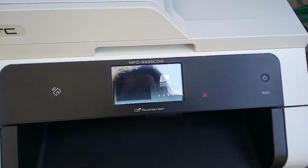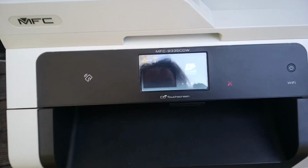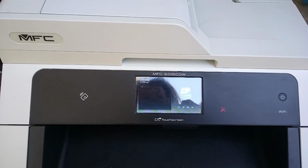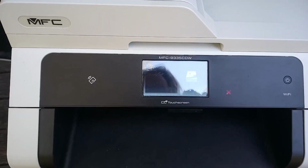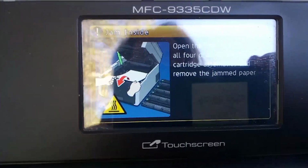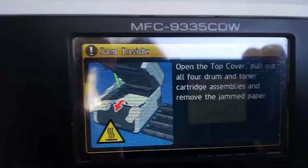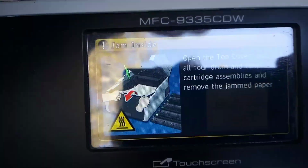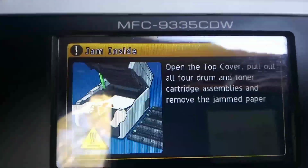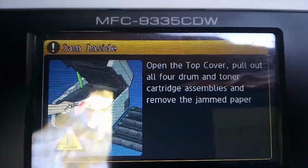In this particular model of printer, the problem is intermittent for this particular customer, so the first page may not jam. Nope, good-o, this one's jammed. And this is the paper jam message you will be presented with. We can get it into focus. Jam inside, open the top cover, pull out all 4 drums and toner cartridge assemblies, and remove the jammed